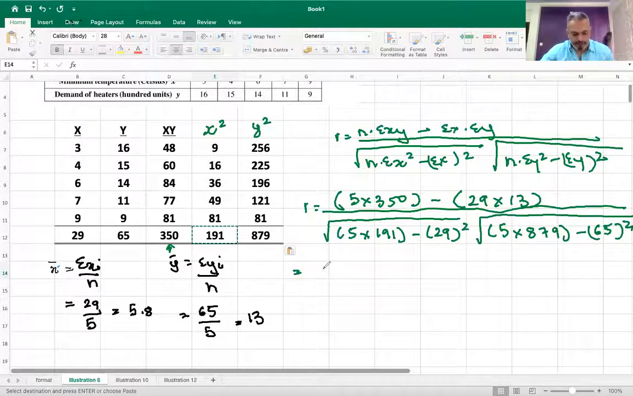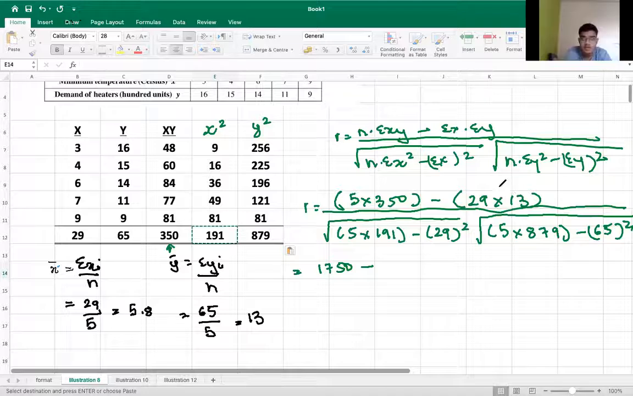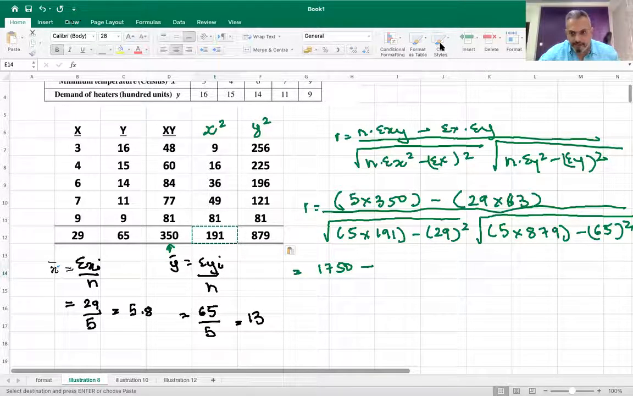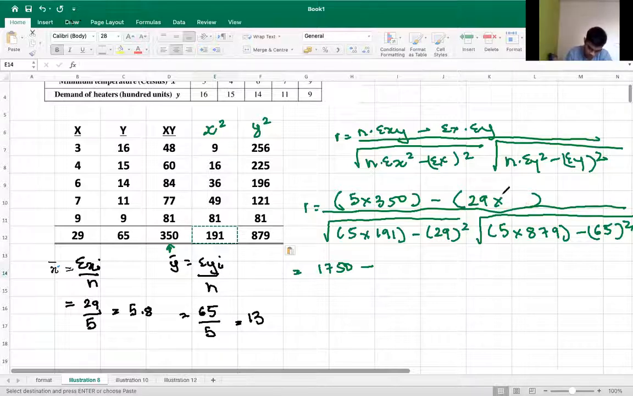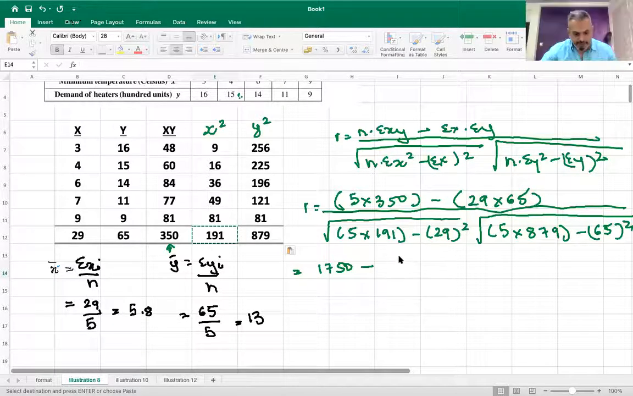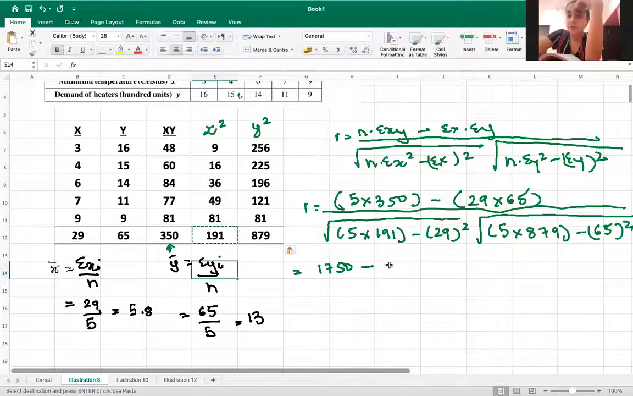which is equal to 5 into 350 is 1750 minus 29 into 65, sorry. 29 into 65 is equal to what? 1885. Yes,